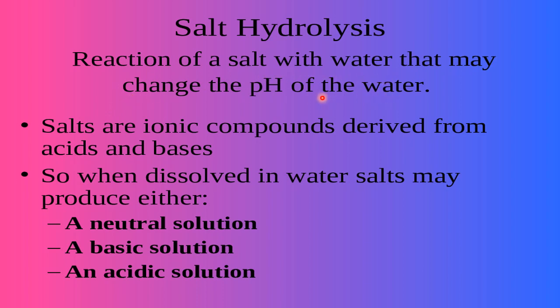Why does it change the pH of water? Because this reaction depends upon what acid is formed and what base is formed. Again, this depends on what type of salt is formed from which base and which acid. When a strong acid and a strong base react, both are strong, so the salt is neutral, because the acidic strength is cancelled by the basic strength. So whatever salt is formed, it is neutral.